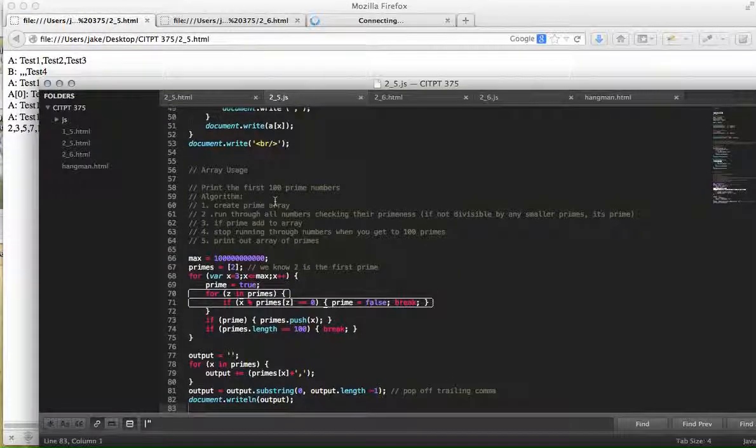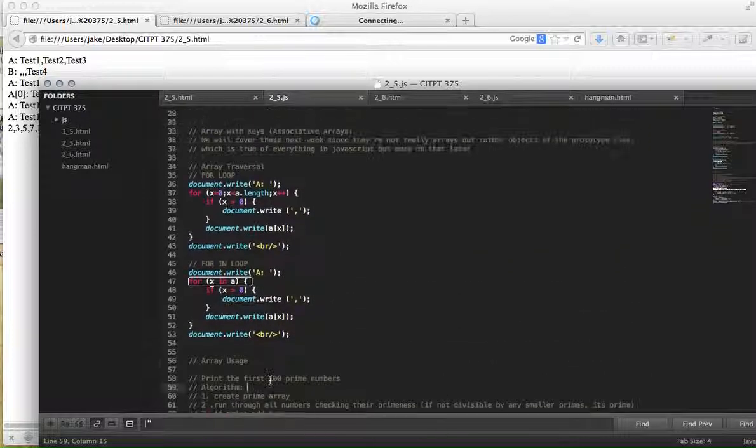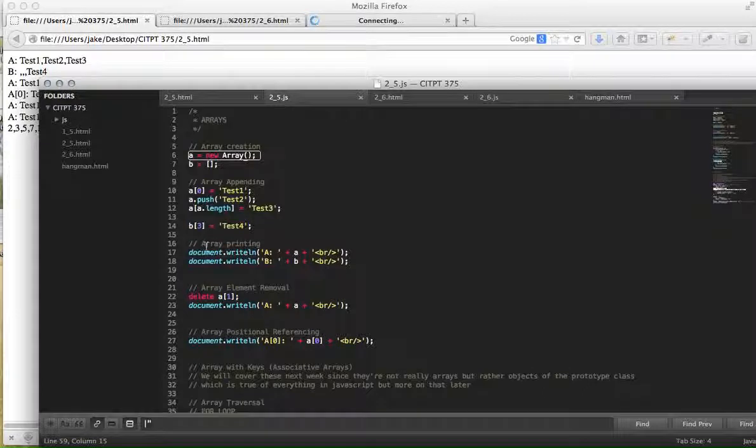So that's just a quick example of arrays, kind of the things you can do with them, how to loop over them, a real-world example of when you might need them, how to delete things from them. That's arrays in a nutshell. All right,